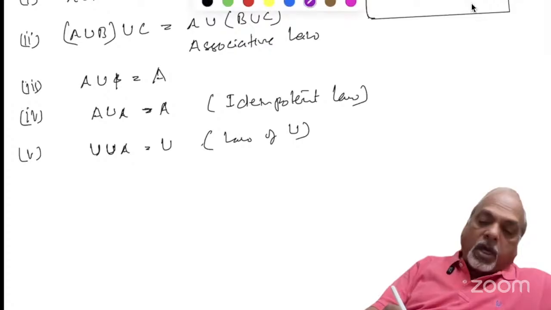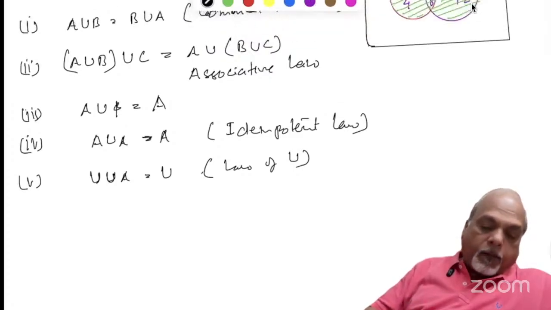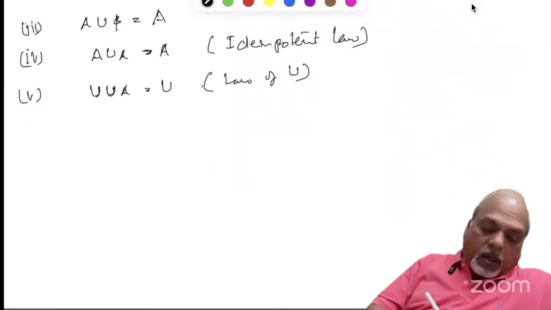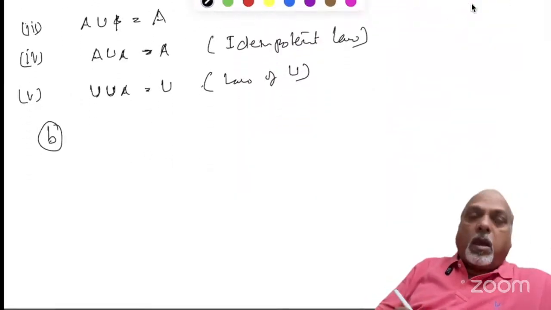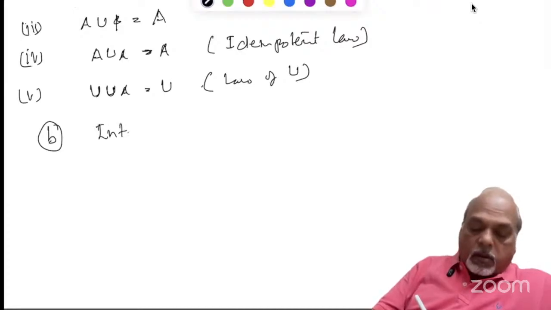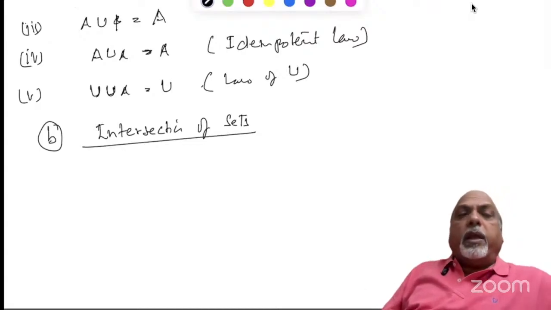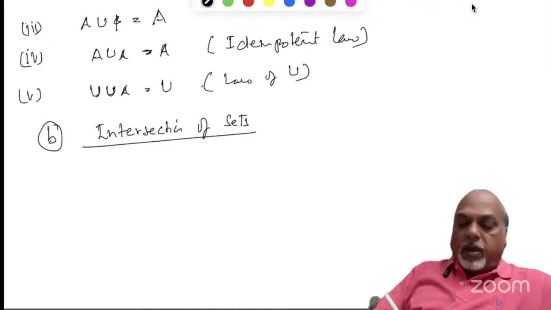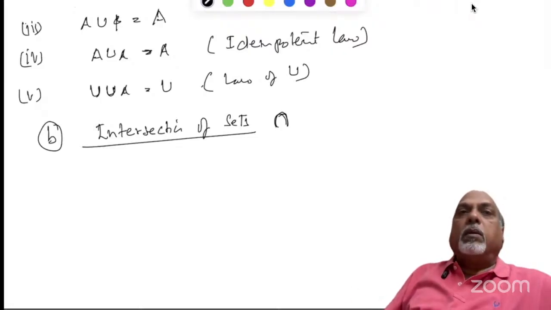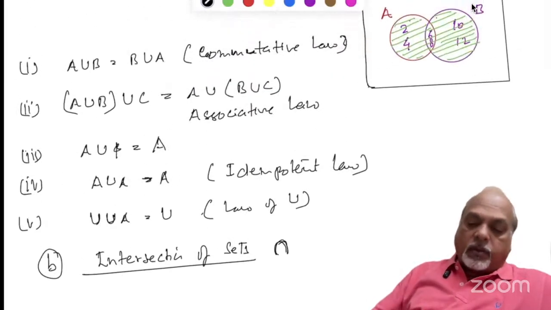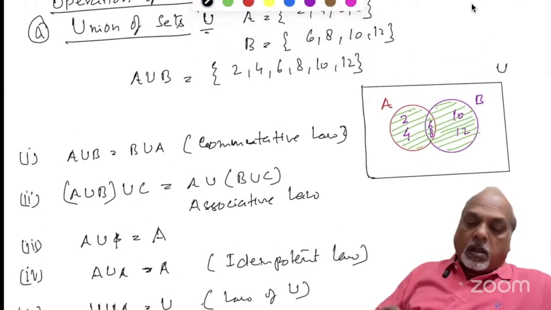Then let us go to another operation, intersection of sets. Intersection of sets means what is common in them. It is denoted by an inverted U. Correct. Suppose, in the above example, as we have seen, in this example,